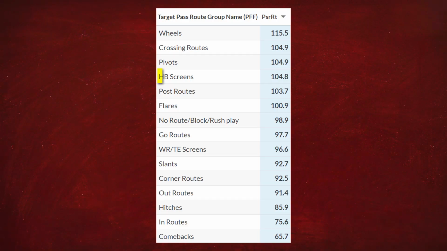When you actually break down the routes that have had the biggest positive impact on FSU's passer rating over the past 2 years, it's been halfback screens, which logically makes sense since it's a high passer rating play, but then it gets kind of weird with corner routes, slants, and in routes, which are generally poor on their own at producing high passer ratings. The easiest explanation of this is since FSU tends to throw deep more than the average team, it opens up the underneath throws, which in turn become the more efficient plays for their offense.